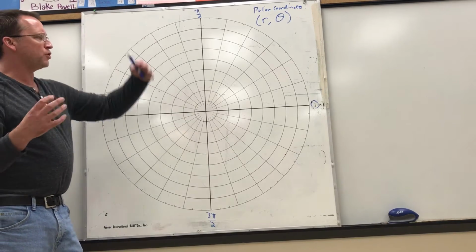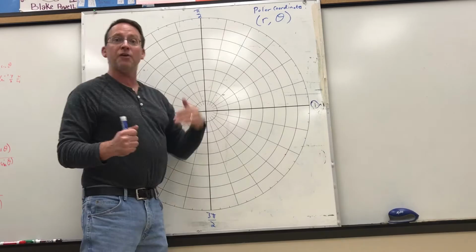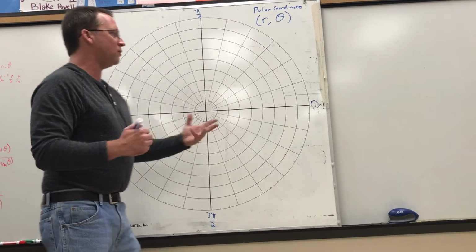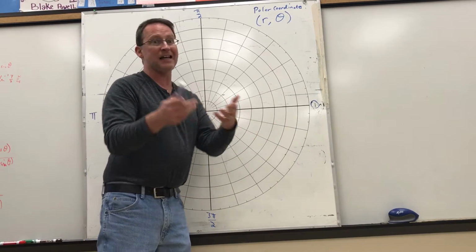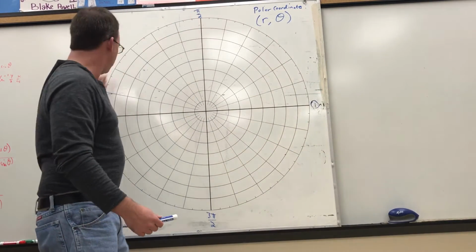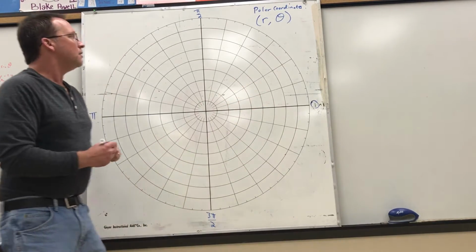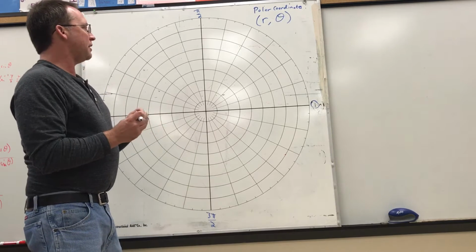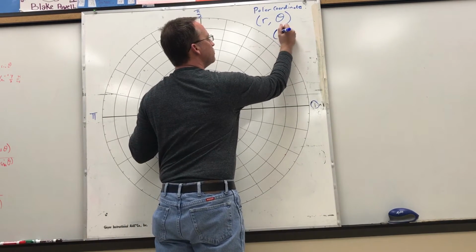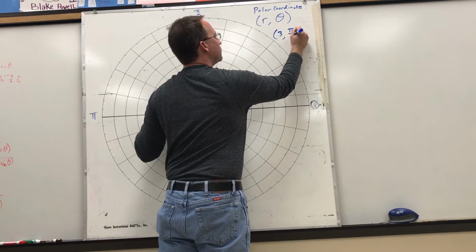And I'm going to show you how to plot a few points on here first of all. The r, you can think of it as a radius, and then the theta is going around, exactly like the unit circle does. Starting at 0 here, going around pi over 2, pi, 3 pi over 2, and then that'd be 2 pi again. So if I wanted to plot a polar coordinate, let's say I wanted to do 3, pi over 6,